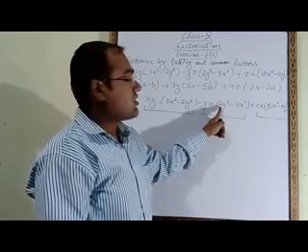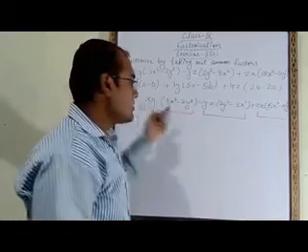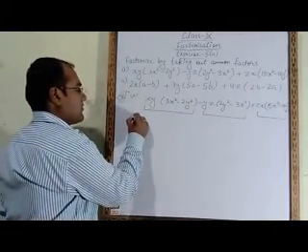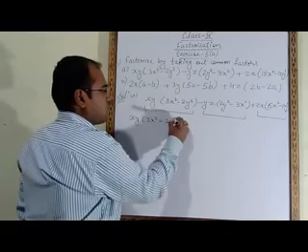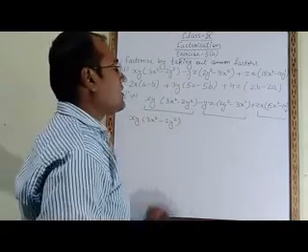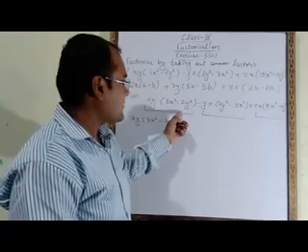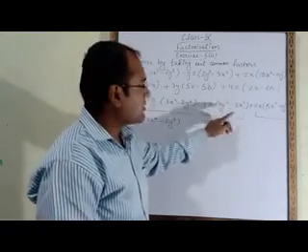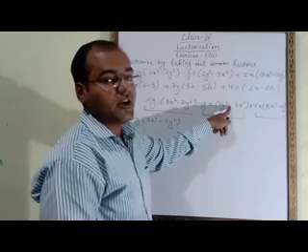So what we have to do? First of all, we have to make the same sign as we are getting here. First term we will write as it is: xy into 3x square minus 2y square. This one we will write as it is. Now in order to make the same sign as we are getting here, we have to change the sign. The sign of 2y square we have to make minus, and the sign of 3x square we have to make plus.